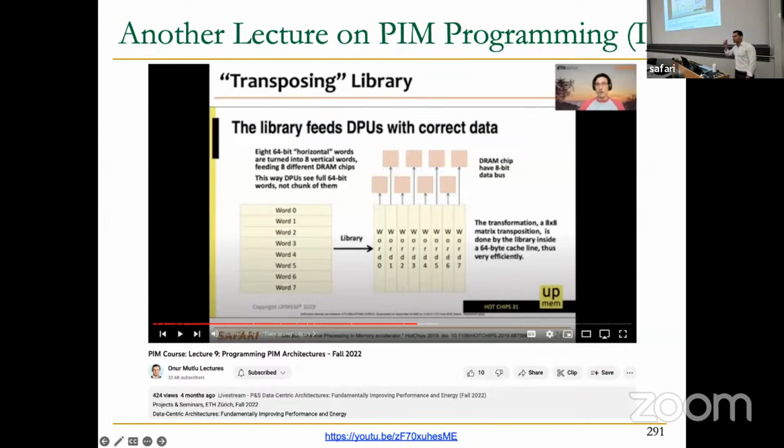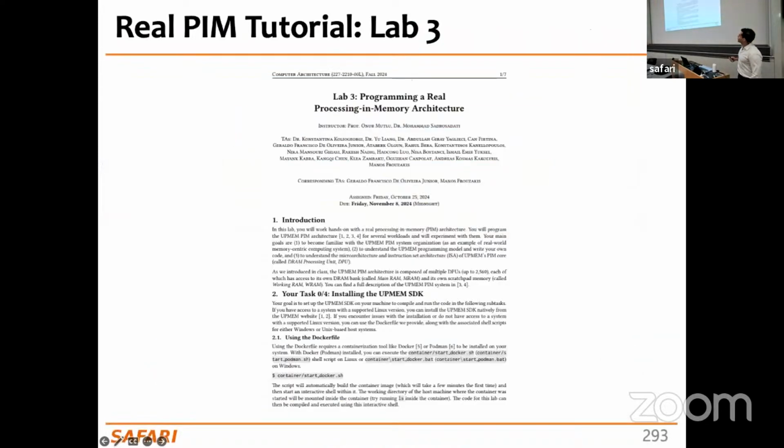So that was an extremely fast description of the APIs, but hopefully this was at least a guide for you to know which API routines you are going to use in Lab 3. In Lab 3, I'm going to post the handouts today. We are not going to use the real UPMEM system because it is in a server and you need to buy time there. But in the UPMEM SDK, they provide a simulator of the UPMEM system, and this is what we are going to use. The handout describes how to install and use the SDK and the simulator, but we also provide a Docker container which you can just launch, and then everything is already installed, the simulator already works, and you can just start implementing your code.